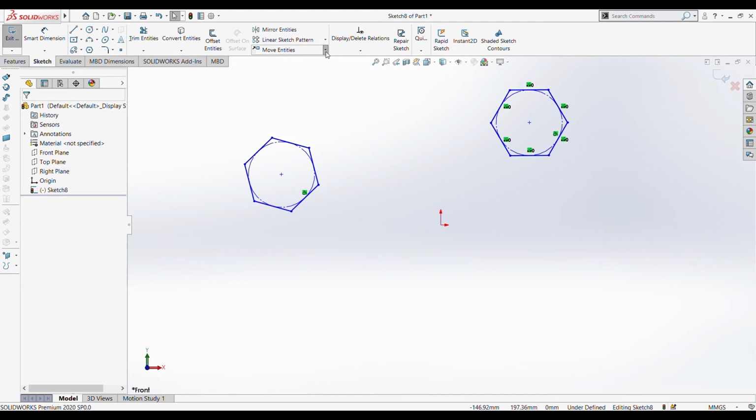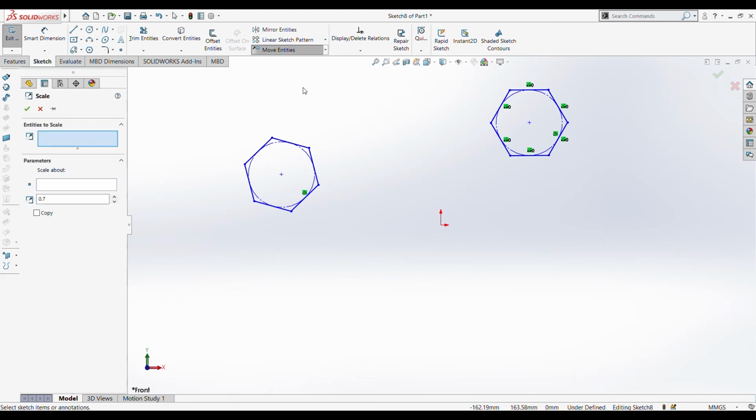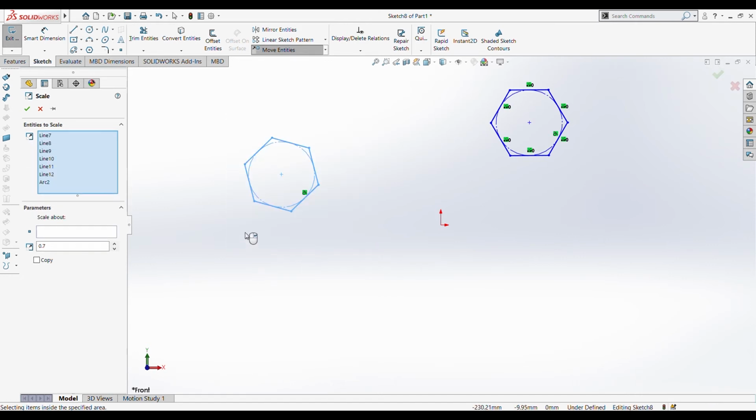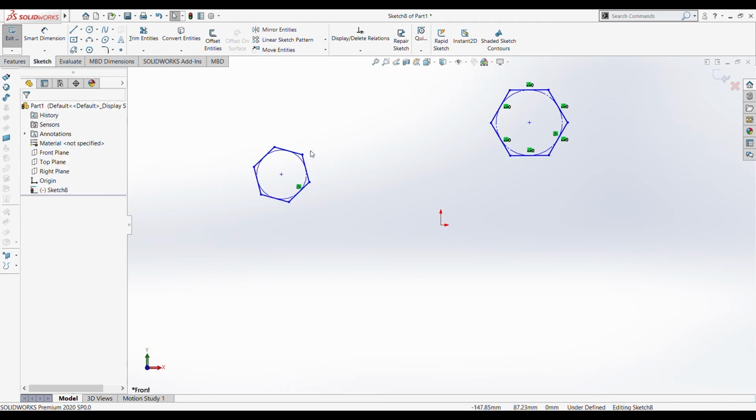And next is scale entities. This is used to produce a scaled version of the entities required. Suppose this is a one scale entity, and I want a 0.7 or 0.75 scale entity. I'll scale about the center point, and I get a 0.75 scaled down version.